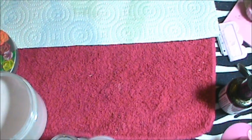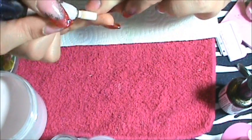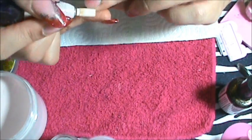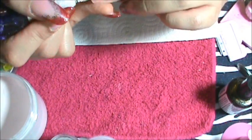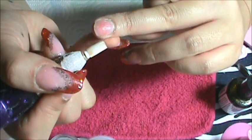Okay, so I'm gonna hurry up here. All I do in the cuticle area is, if there are any bubbles or anything, I remove them. Any lifting in any cuticle, and that's it. I already worked on this, but like I told you, if you wanted to put a tip,